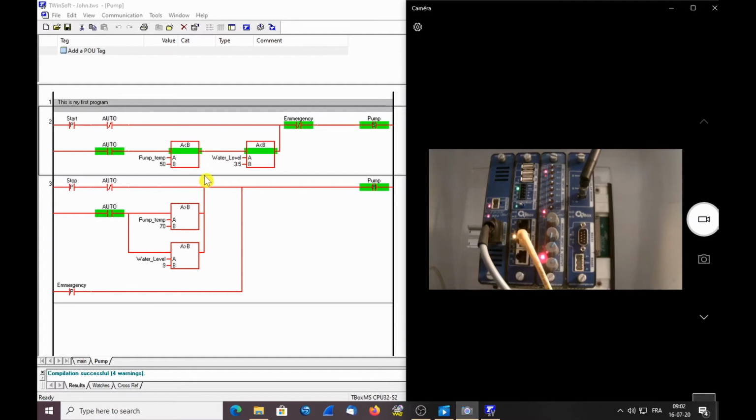As you can see, I am manipulating IOs, but I have absolutely no visibility on the values. So let's see how we can see values. The first thing you can do is when you put the cursor on the tag, you see on the bottom here,